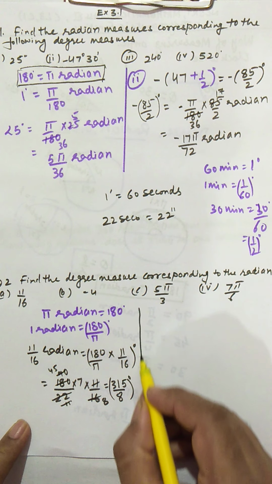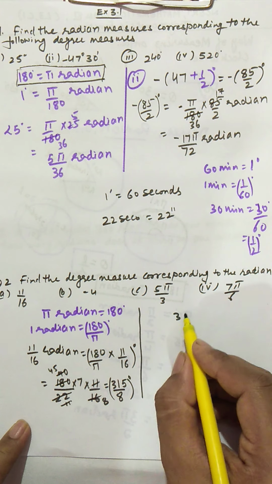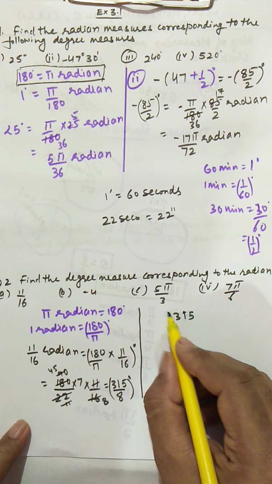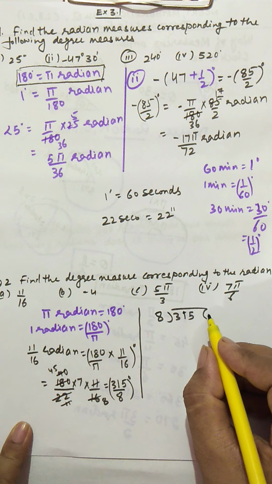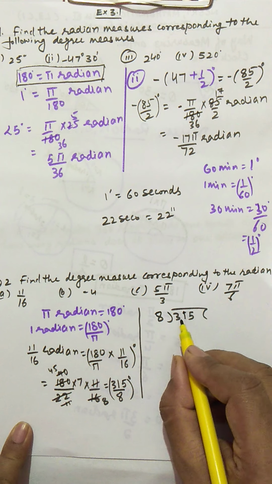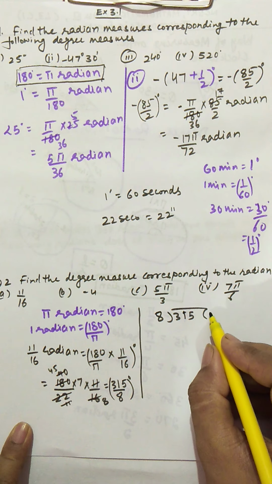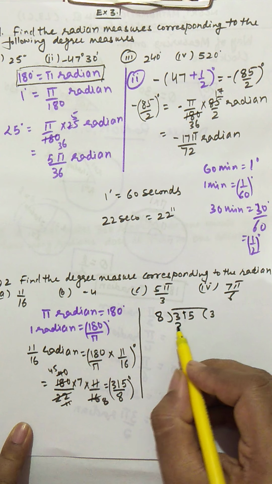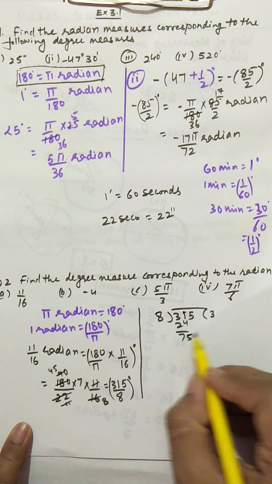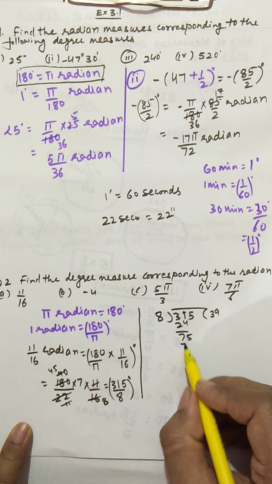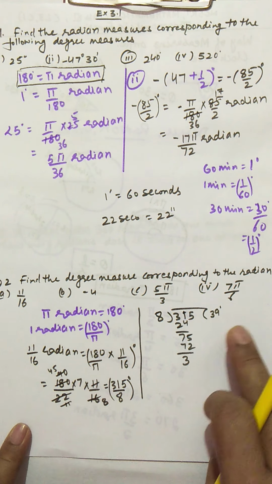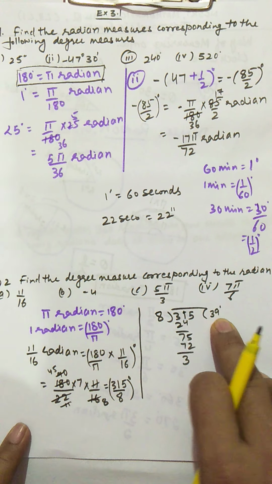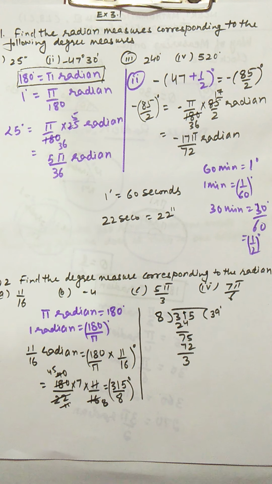You see the procedure. First we'll take 315 and divide by 8. So 8 into 31: 8 4s are 32, no. So you have to take 3: 8 3s are 24, remainder 7, then 75: 8 9s are 72, and the remainder is 3. So this is the complete degree, 39. So your angle of 39 degrees has come.